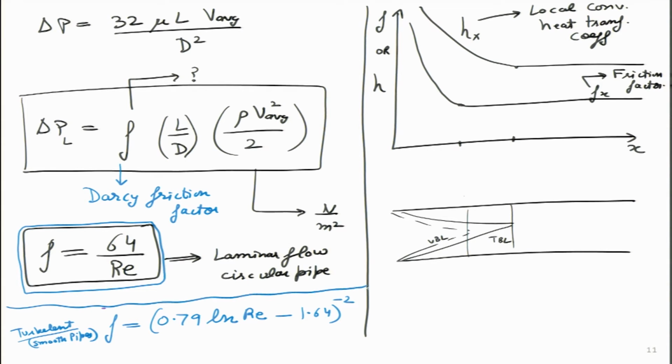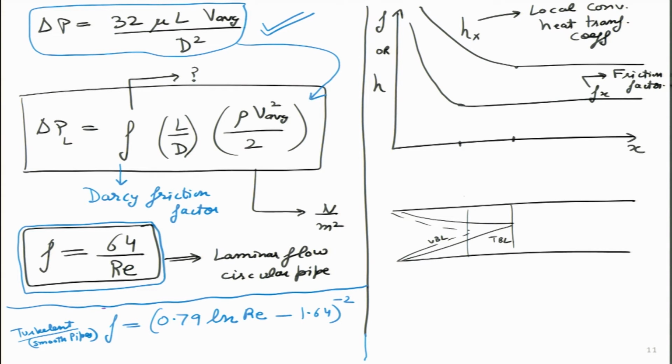So, this is something that we will look at later on. Just for the sake of completion, I wanted to show over here, which means delta P I could have expressed in these terms itself, given in the blue box over here, but as engineers we like to write it in terms of a common factor which is given over here, Darcy friction factor. So, both are equivalent in terms of Reynolds number, because if I substitute 64 by Re over here as value F, then automatically I will get this expression over here. So, I think this is something that we can clearly see.